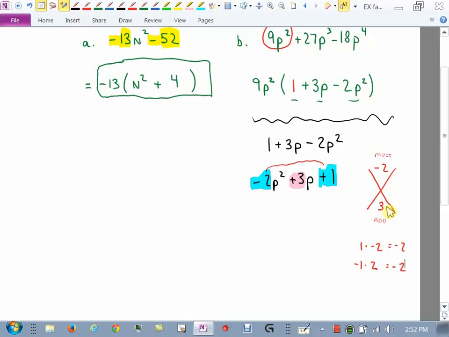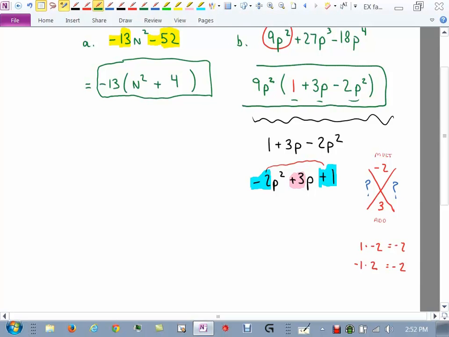So once we create this little chart over here, we try and come up with these two numbers, and if they existed, I would have put them right here, on each side. If we can come up with those numbers, then we continue the process. If we cannot come up with the numbers, then at that point we are done. We cannot factor that. So our answer is actually up here. Does that make sense? We couldn't break that down any further?